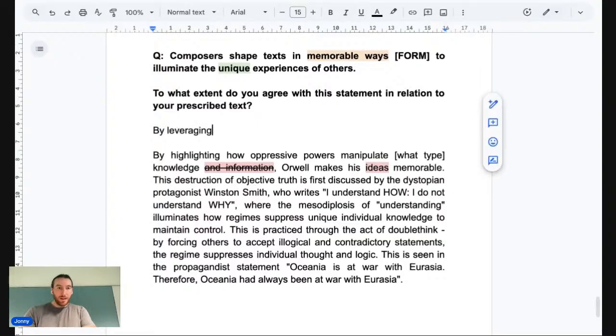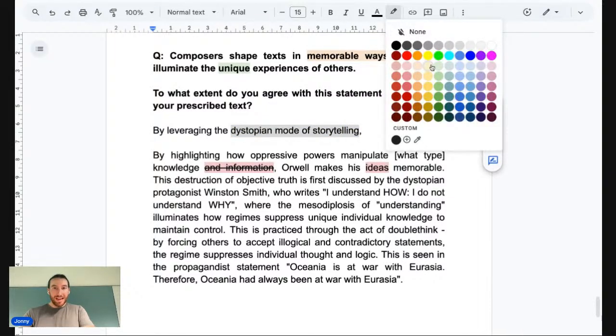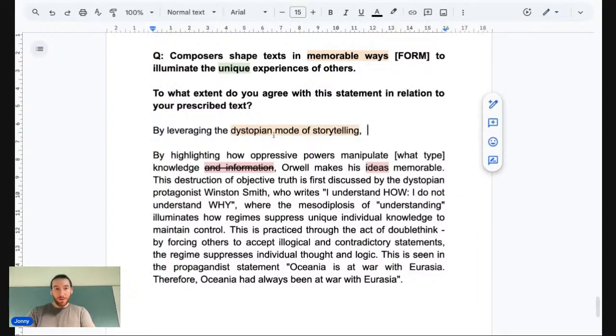So by leveraging the dystopian mode of storytelling, right? By leveraging the dystopian mode of storytelling. Now, I haven't said the way of storytelling because it just sounds off, but I'm going to say memorable for sure. This is the form bit though, right? This is what you didn't have. You didn't have any of this form, the dystopian mode. By leveraging the dystopian mode of storytelling, Orwell, right, illuminates